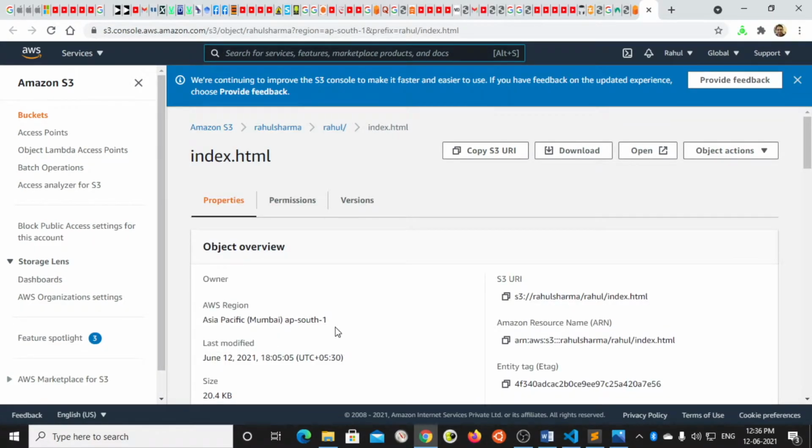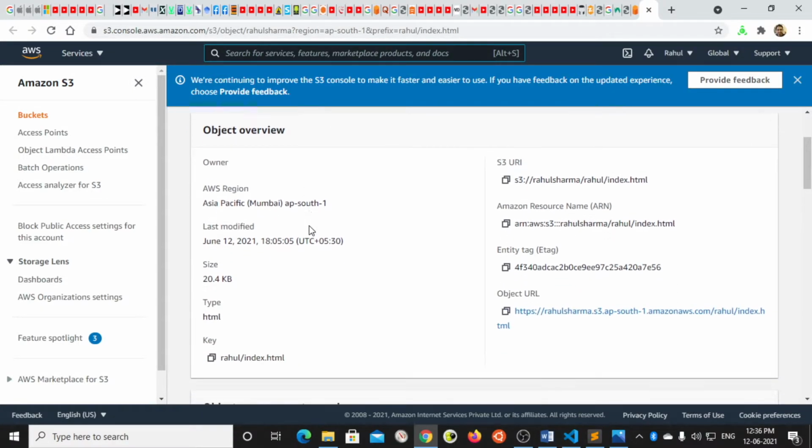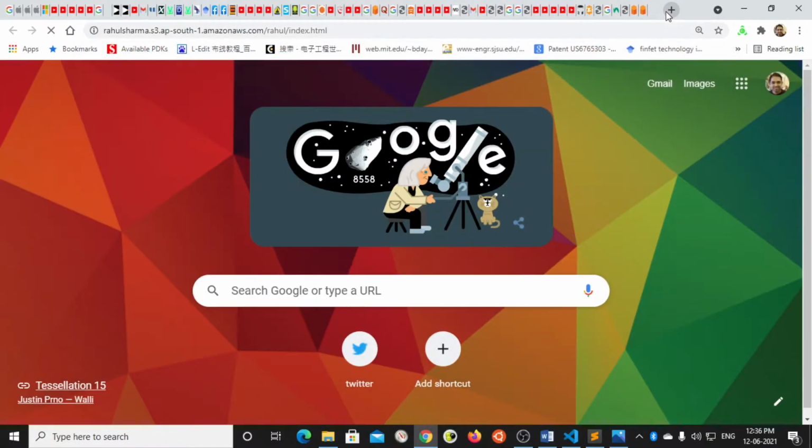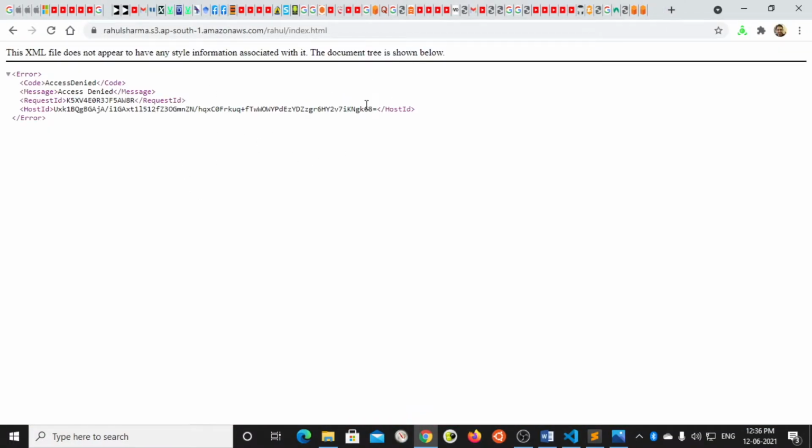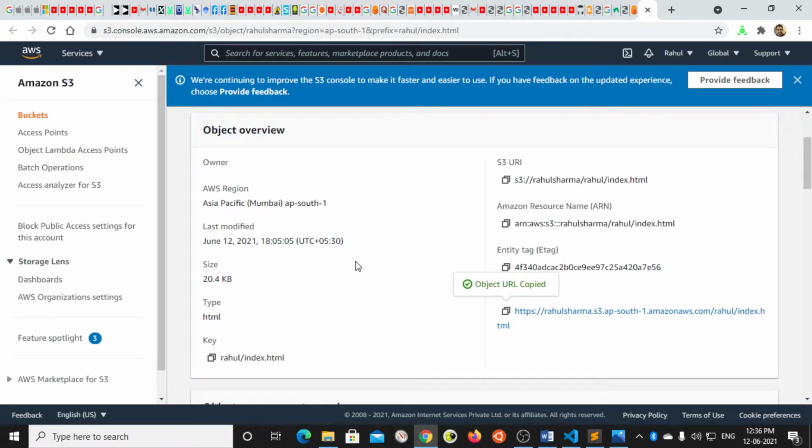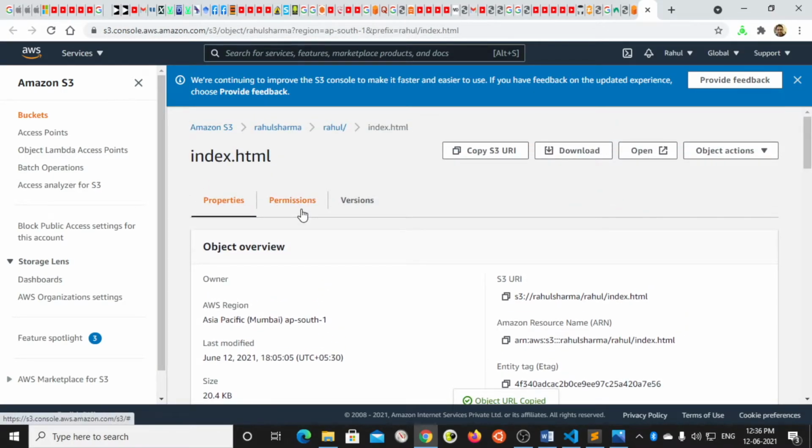So in this you can see the permission option is there, but you can see on the right hand side the URL is also there. So this is the URL. This will be the URL of our website. So if you click on this, it will not get open because the things are not linked with the server yet. Okay, so we can see it here. See, some problem is there. So let's give it the permission, then reopen it.